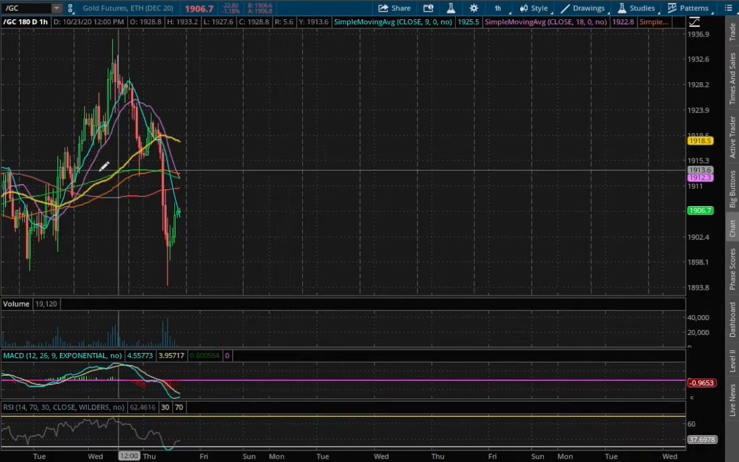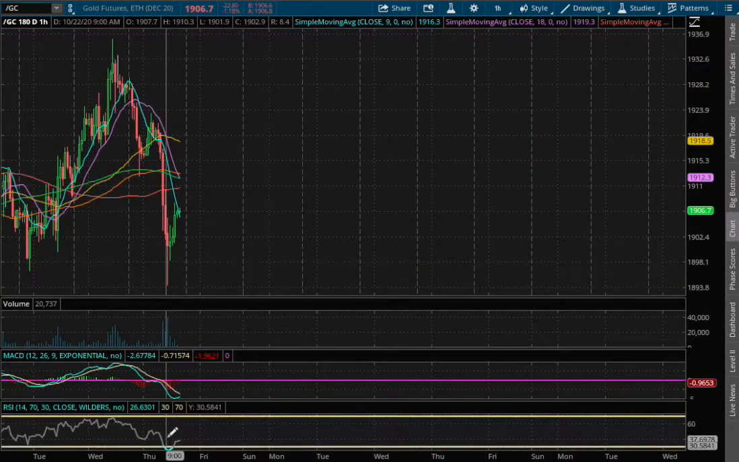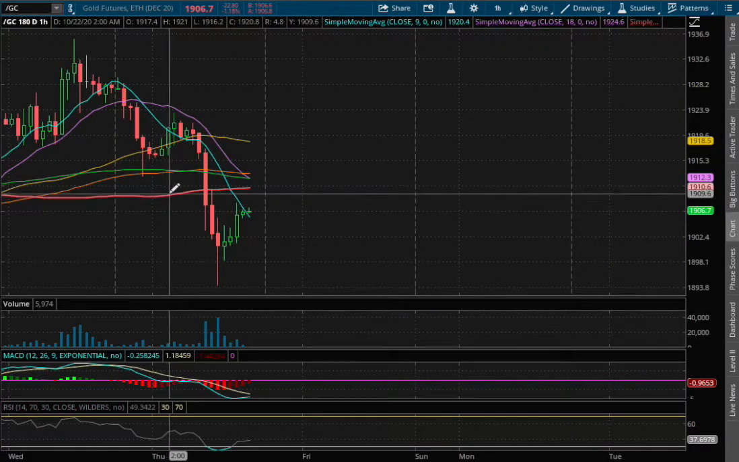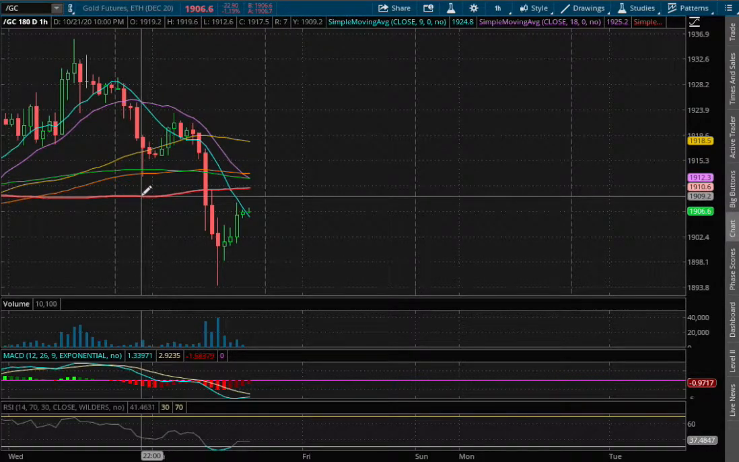So let's start off with the technical analysis on the 1 hour chart. We are in negative MACD territory and we're just off of oversold conditions on the RSI, and at the moment we're currently below the 150 moving average, this red line, which will act as our temporary resistance at the price of